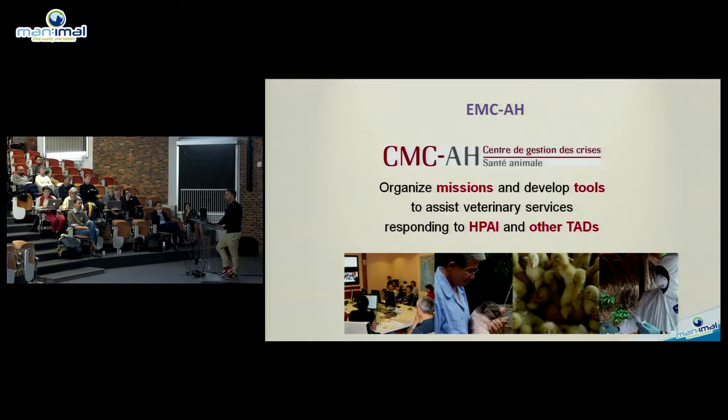At the Rome level, linked with ECTAD, you have basically the firefighters, let's say. Not really, but almost. Okay? This unit is basically made to send experts to the field to guide countries to control disease. When you have an outbreak of avian influenza, you don't have enough veterinarians on the field, you don't have funds, you don't know what to do. Where do I have to do surveillance? How can I control the disease? Do I have to kill the animals? Lots of these questions are often not answered in some countries.